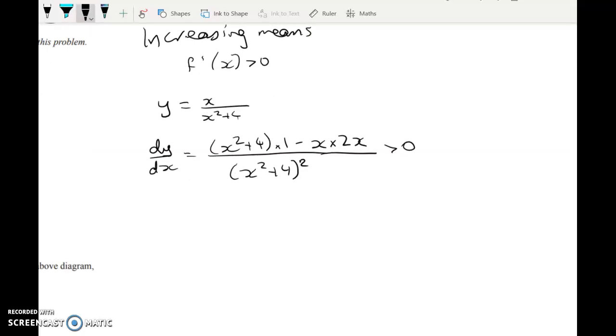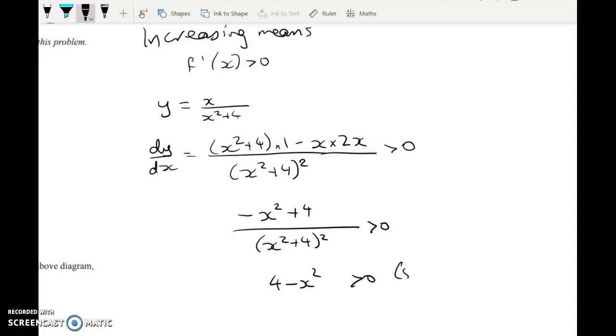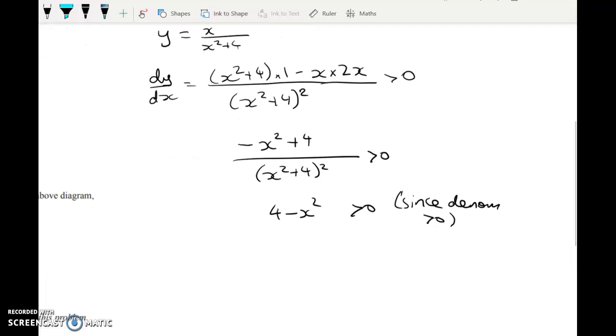So that tells me that I've got in the numerator x squared minus 2x squared, so negative x squared plus 4, divided by x squared plus 4 squared, is positive. So that's the same as 4 minus x squared is greater than 0 because the denominator is always positive. So solving 4 minus x squared is greater than 0, we've got 2 minus x, 2 plus x is greater